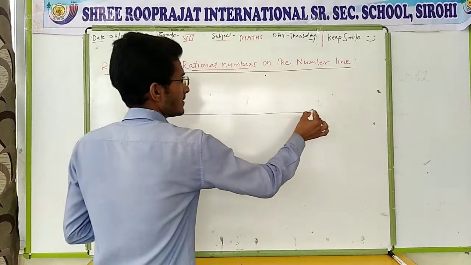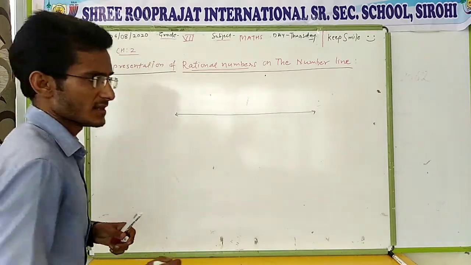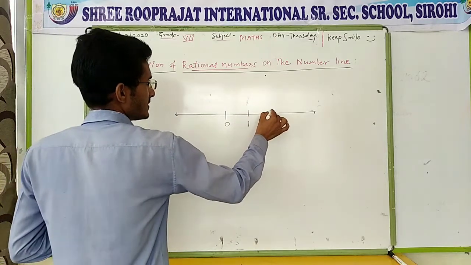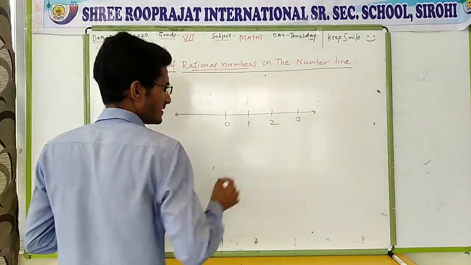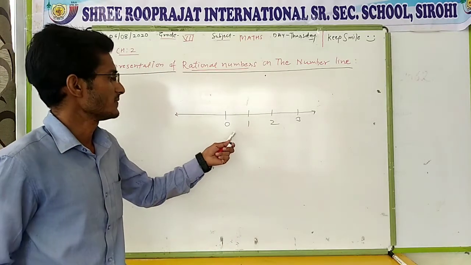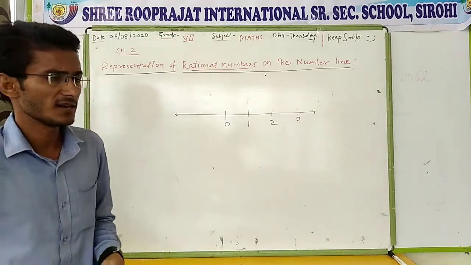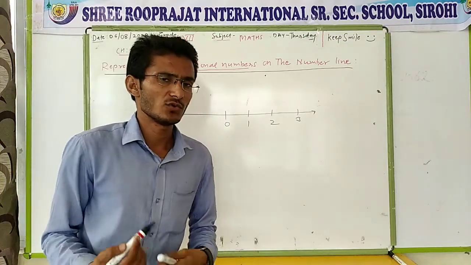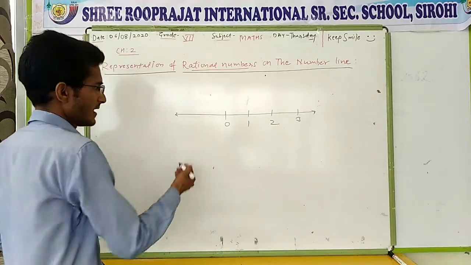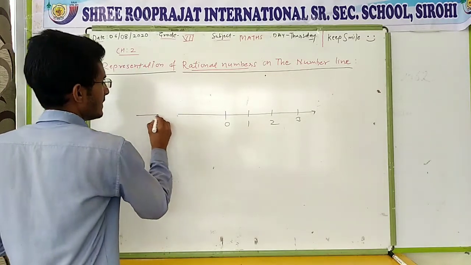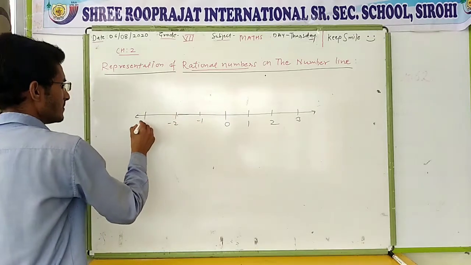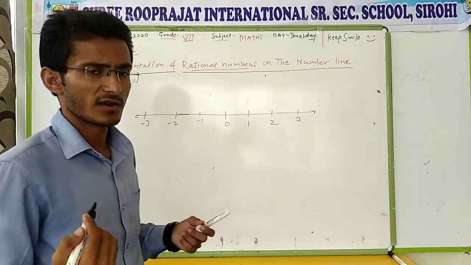Meaning between two numbers there is an equal distance, like 0, 1, 2, 3. There are many more numbers between two numbers, like between 0 and 1. There are unlimited numbers, like between 1 and 2, 2 and 3 and more. Right of 0 are the positive numbers, and left of 0 are the negative numbers, like -1, -2, -3 and so on. You can write many more numbers.